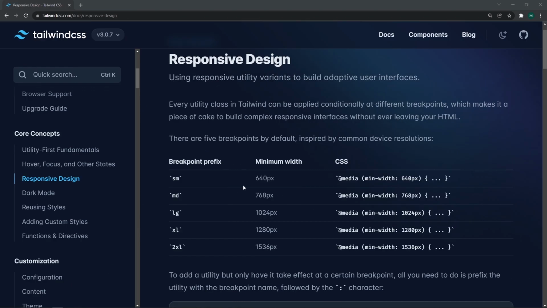In this lesson, we are going to talk about responsive design. Responsive design is one of the most important and easy topics in Tailwind CSS. It works the same as hover and focus effects. You just need to understand the basic concept of it. Here you can see the list of breakpoint prefixes with the minimum width property. For example, SM is for 640 pixels and larger than that, and MD for 768 pixels and larger than that,